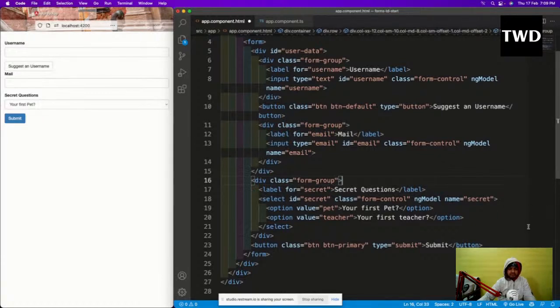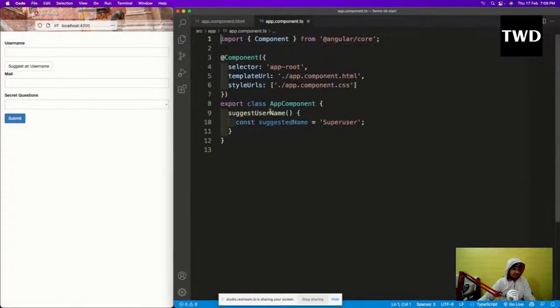Okay, save it. Now in the app.component.ts file we are going to add this template driven approach. Forms are always important in all the things, and it is always complicated. In React also it is more complicated than a normal HTML form. Here also it is complicated. It is not like we can just use a form, because form is the most important thing in any web app.